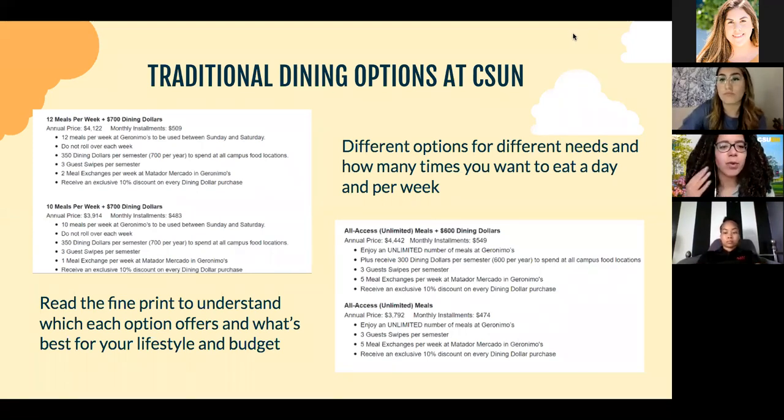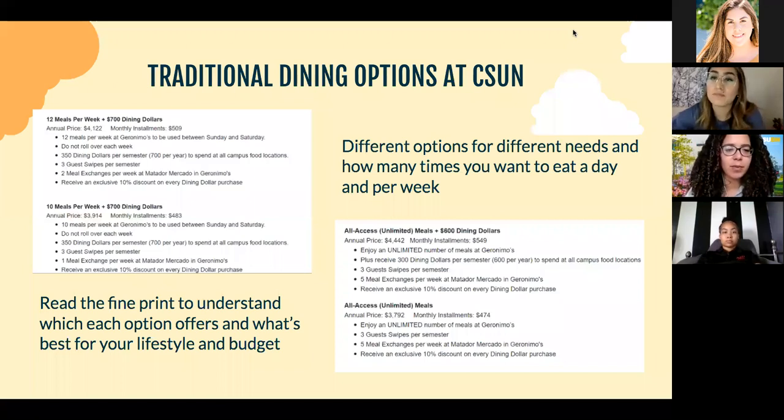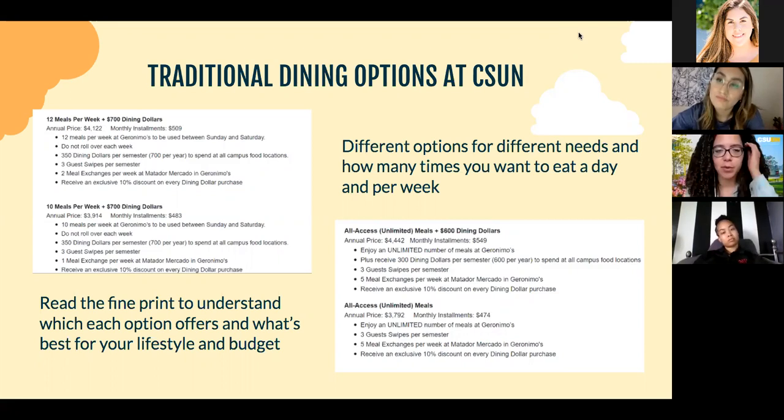So once you pick these, again, these are something you can't necessarily change, at least for your first quarter, or first semester. I know originally I had a meal plan that was, I think, 21 meals per week, and I didn't use them all and it was more expensive. So I eventually lowered that to 10 a week, and it was less of a cost for me, and it just made more sense. So you definitely want to check out the different plans, and then see what fits into your budget as well as your lifestyle.